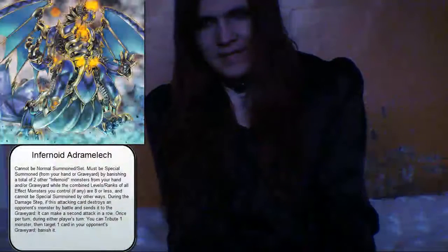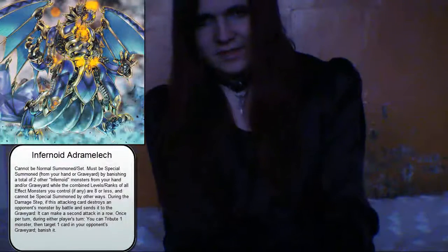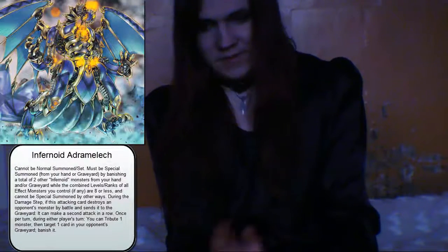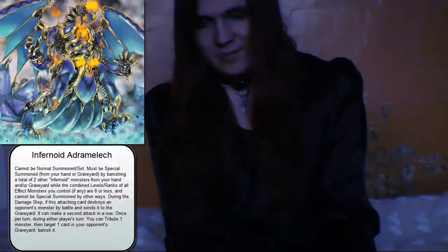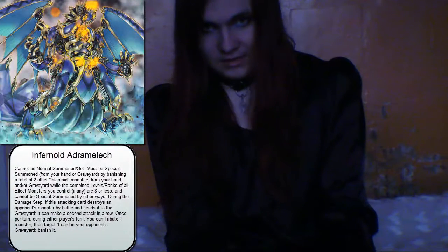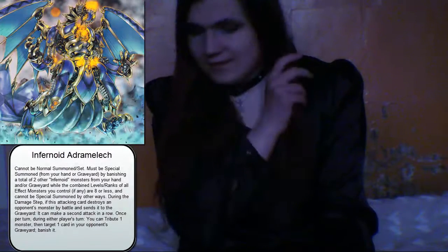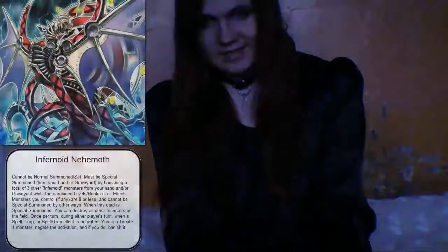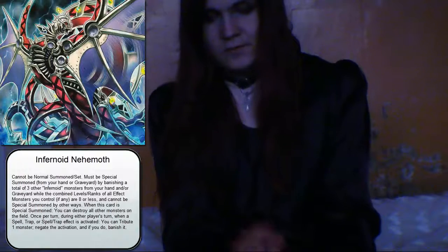So yeah. Then level 8 Infernoid Adam Ramek. It's a level 8 one. And of course you also banish 2 to summon it, and its effect is pretty much like Black Rose Sorcerer's second effect, that if it destroys a monster by battle, you can attack again. So very nice card as well. And then the boss of the deck, Infernoid Nehemoth. It's a level 10 one. Also, I forgot to mention again that